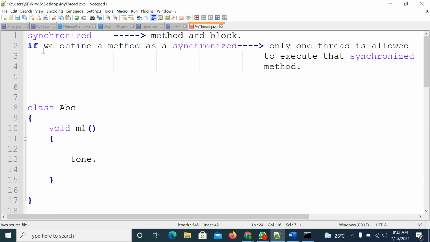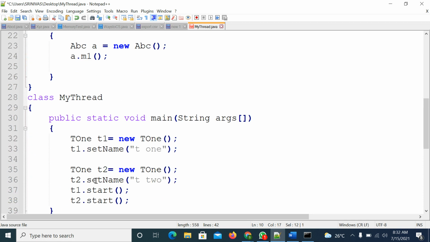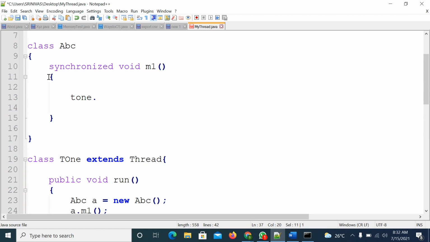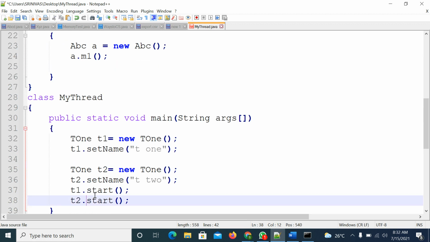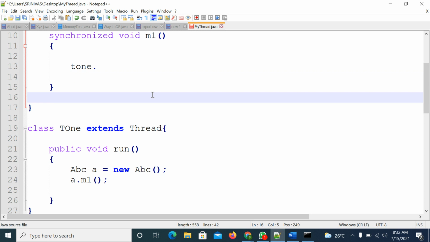So what does this line mean? If we define a method as a synchronized method, then only one thread is allowed to execute that synchronized method. If one thread is executing this method, the other thread is not allowed to execute the same method until the first thread has completed.